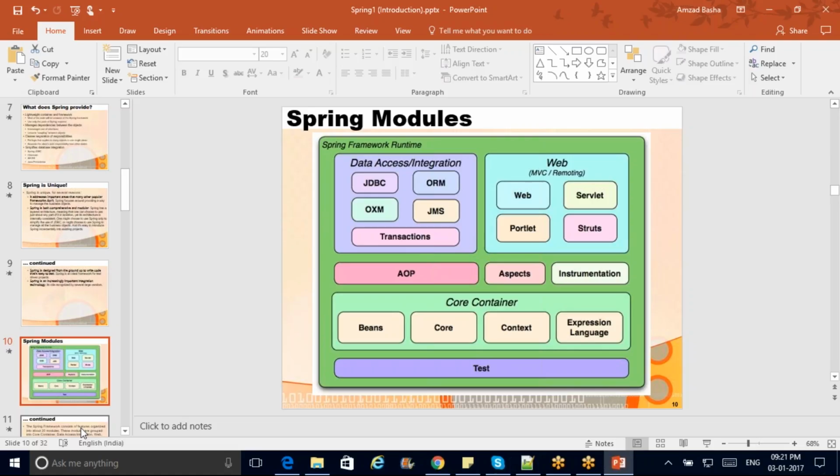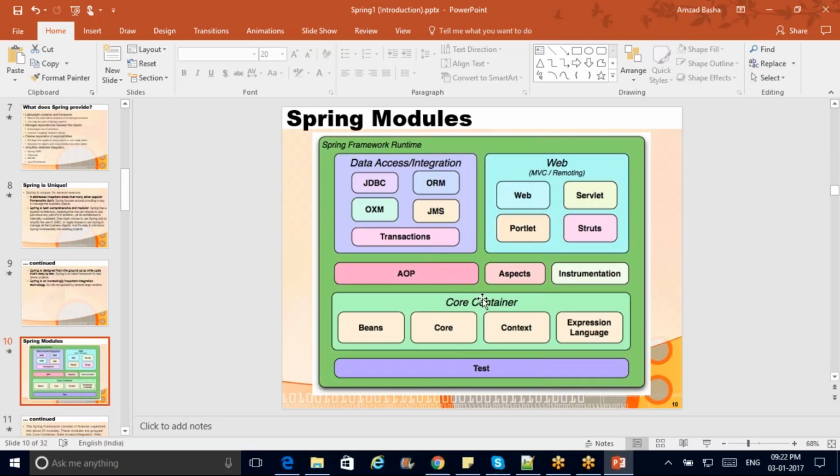Here all your test cases might be developed in JUnit or in TestNG. To satisfy these test cases, you are going to develop a project. So you are going to consume all these core container capabilities, which should be considered the base of your Spring platform. So the beans module should be there, core module, context module, expression language. On top of these four modules, which together are called the core container of Spring, there will be